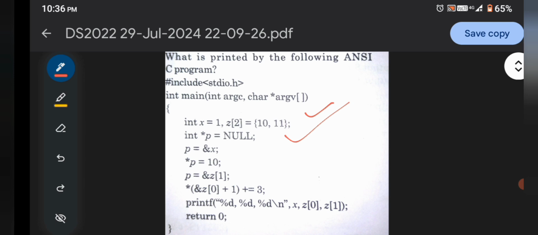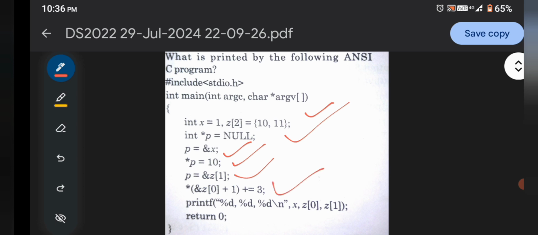Now here the pointer is initialized to null, and the pointer is pointed to the address of the x variable, and here again the pointer p is initialized to 10, and now it is given the address of z of index 1. Okay, now coming to this full expression, which is equal to 3.